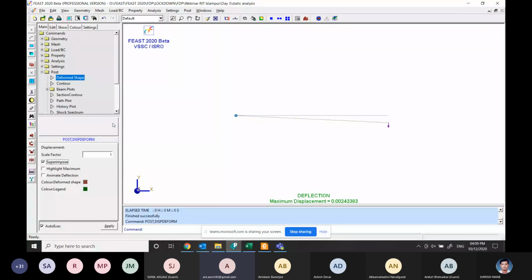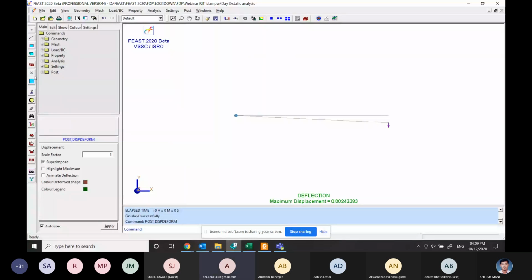So to know this magnitude of deflection, or the amplitude of deflection, we have calculated this static deflection. Once the static deflection is calculated, our interest is to find out what is the natural frequency of the structure.